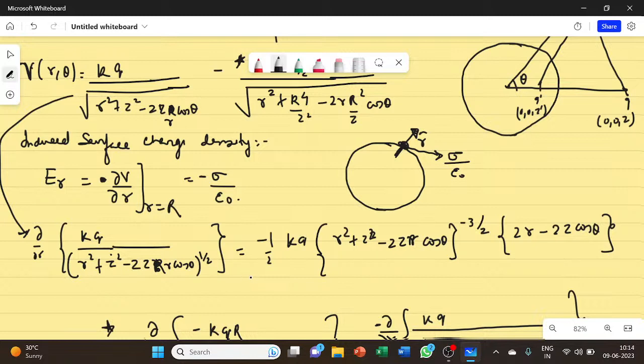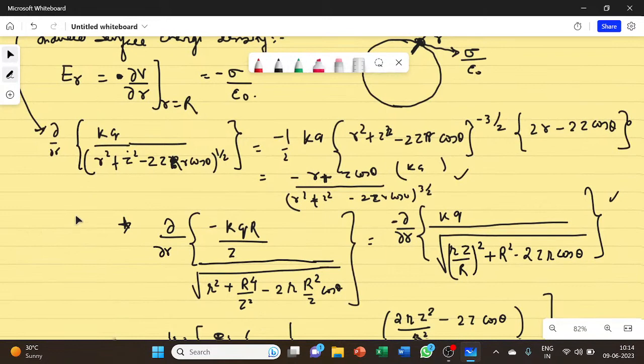Eventually I will get this particular thing as minus of r minus z cos theta divided by, and this kq would obviously accompany, so I'll write kq here, r square plus z square minus 2zr cos theta whole raised to power 3 by 2. I'll use this term and the other term, and I will find the total